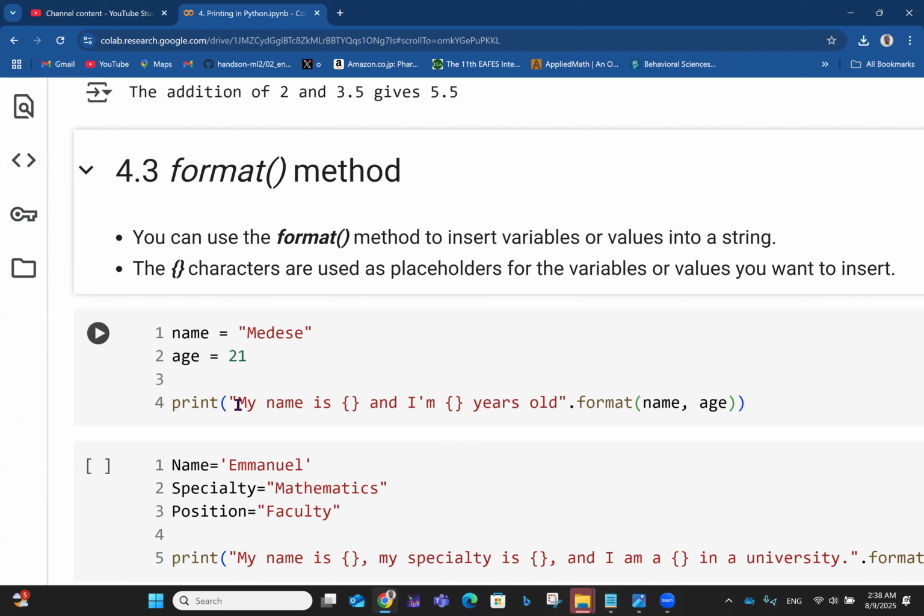But after the string, you now have a dot. So this dot, if you don't put the dot, it doesn't work. Then you now say format name, comma, age. So this name now, so what is going to happen is that when you run this now, by the time